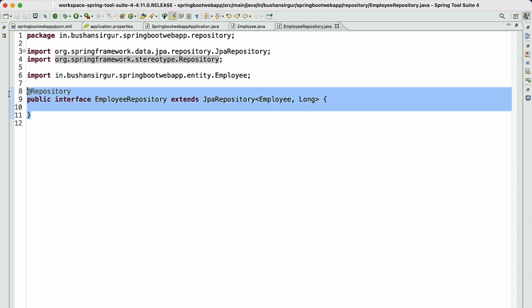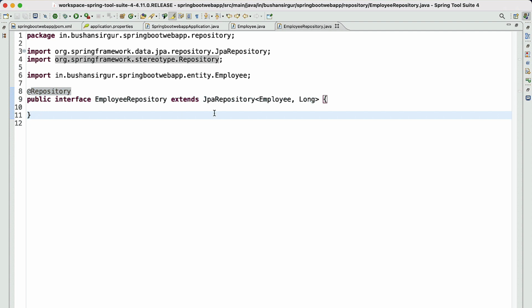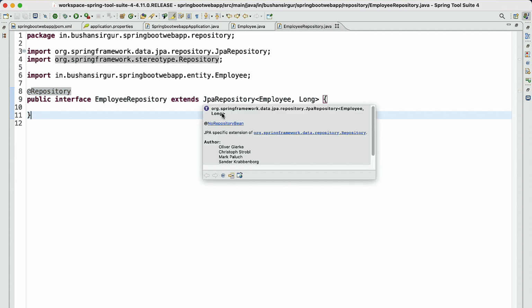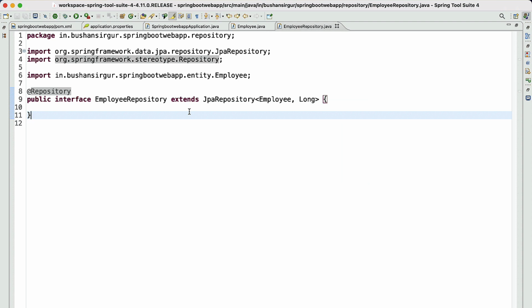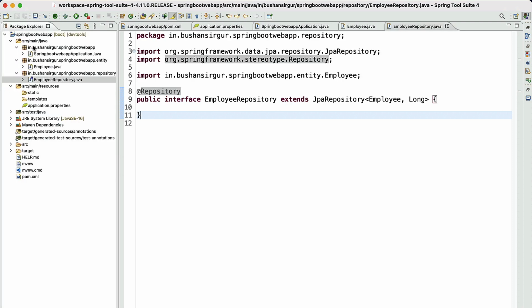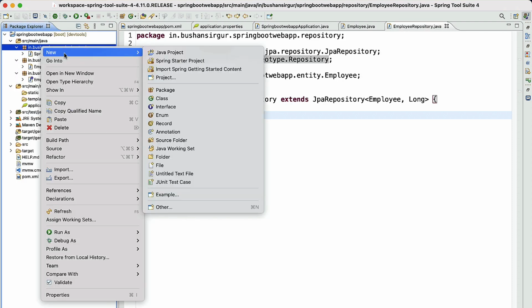So now we have created the employee repository, which extends the JpaRepository. So the JpaRepository will provide the predefined database methods, which is save, findById, deleteById, delete, and other methods. We can call those methods inside our controller. Let's create the controller. Inside the source main Java, we will create a new package.